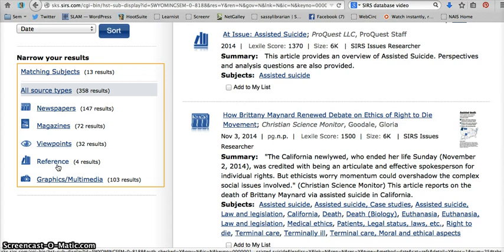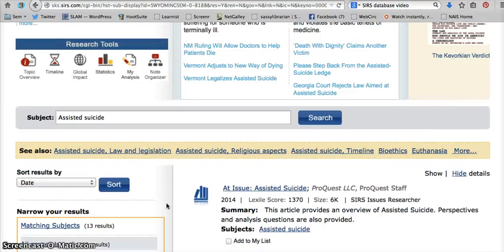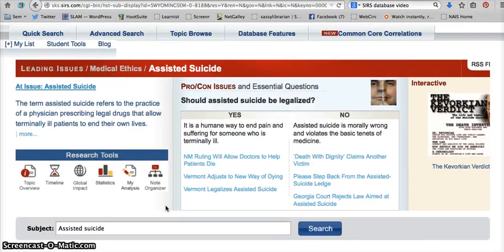4 reference articles, which are a terrific starting point to ground yourself, as well as 103 graphics or multimedia. And this is terrific if you are preparing a visual that you want to offer in the course of your persuasive speech or essay. Something else to keep in mind is that in addition to the topic overview,